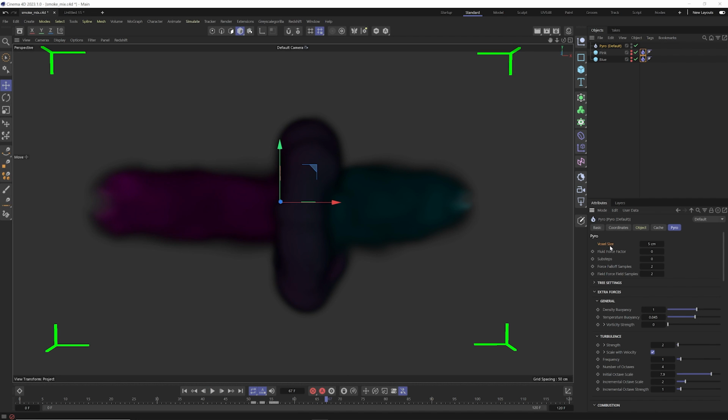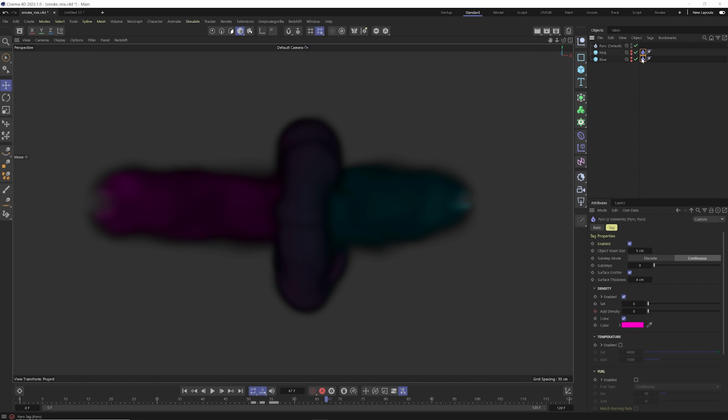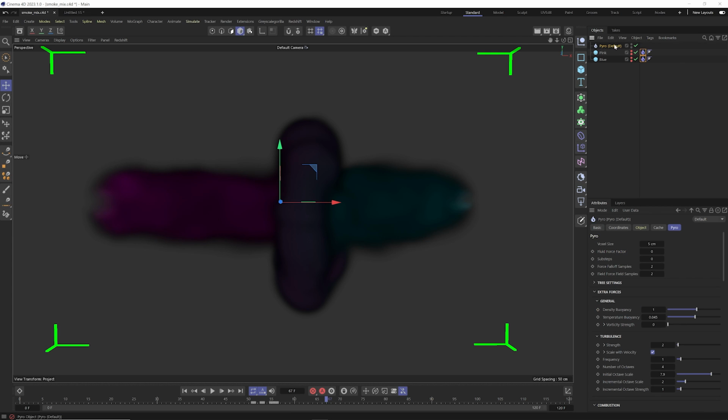But there's one gotcha. There are two areas to change your voxel size. Number one is in the Pyro tag, you have the object voxel size, and then you have the scene-wide Pyro voxel size in the Pyro object here as well. And that's kind of confusing. Why are there two settings? And how this was explained to me by the awesome Nose Man over at Maxon is that you can kind